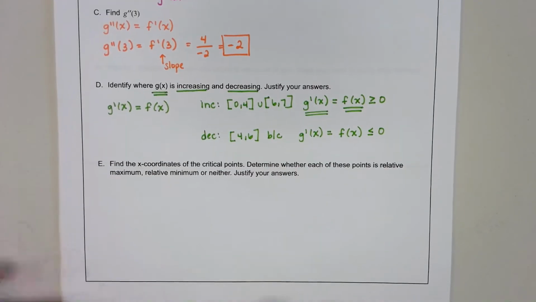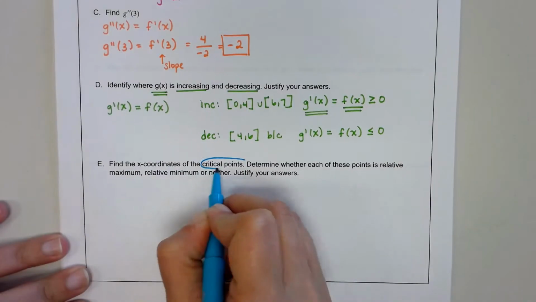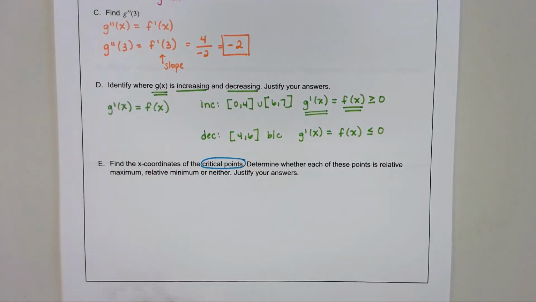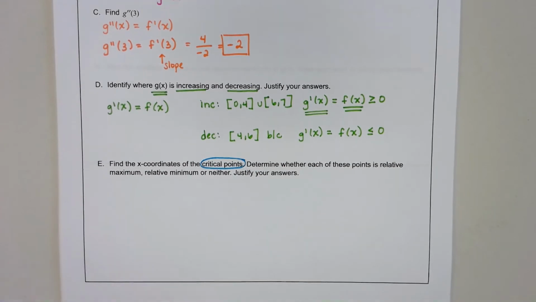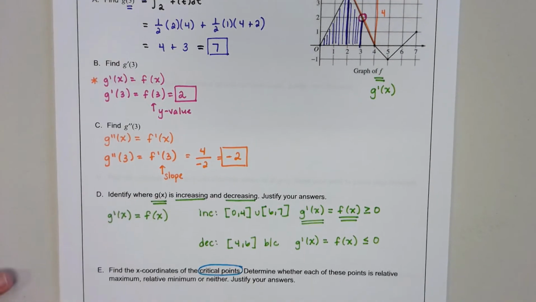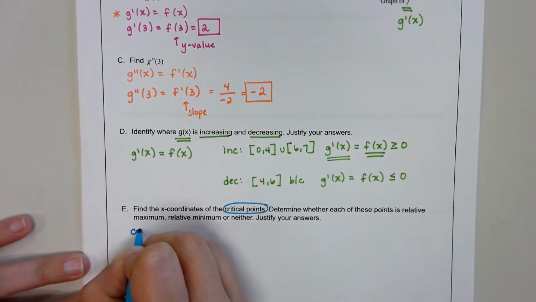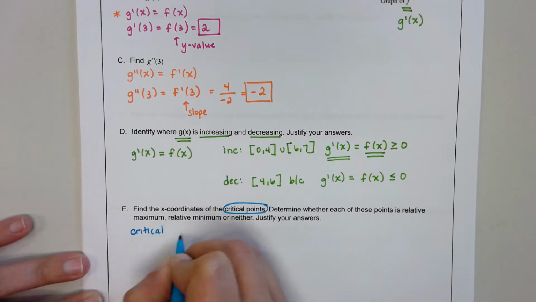For part E, it says find the x coordinates of the critical points. Now, critical points are places where the derivative is equal to 0 or undefined. Determine whether each of these points is a relative maximum, minimum, or neither. So as a follow-up question, for each of the critical points, tell me if there's a max, min, or neither at that location. So let's start with critical points. Critical points are going to be the places